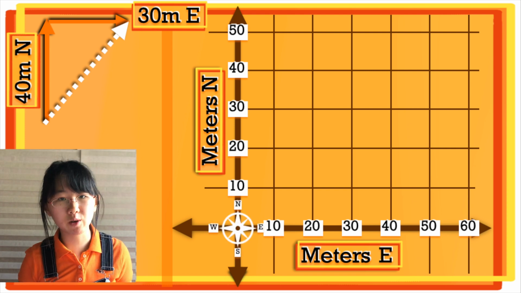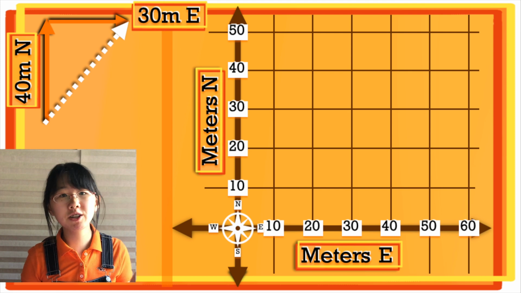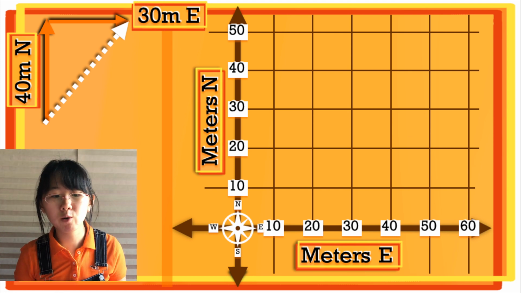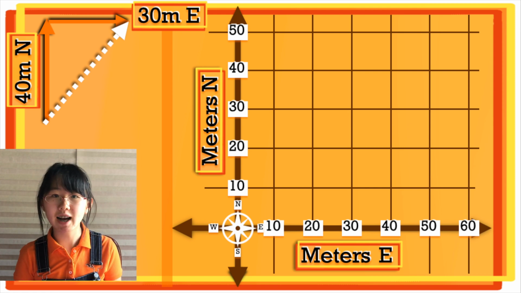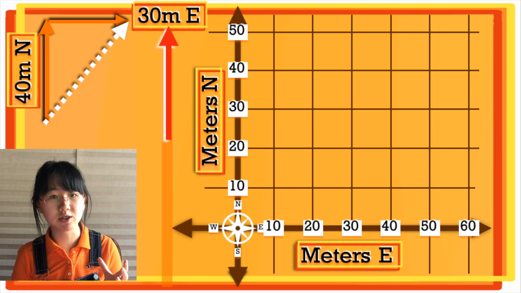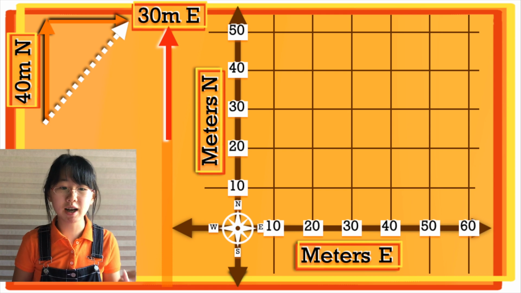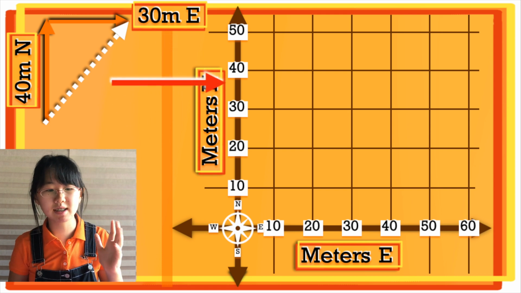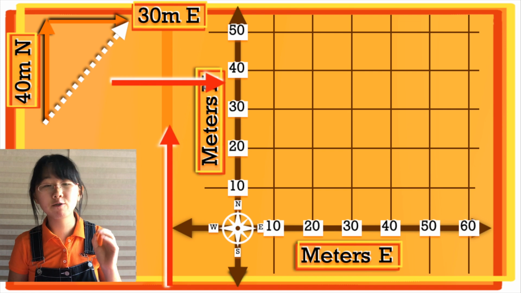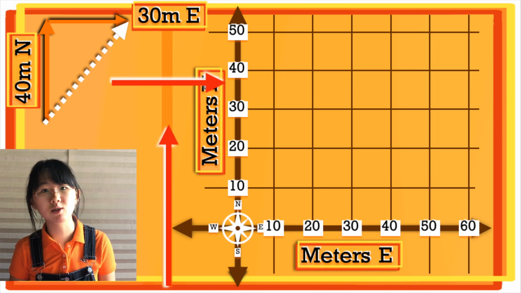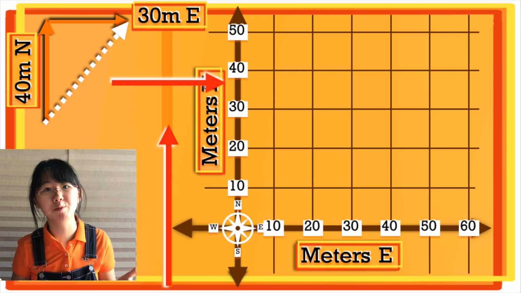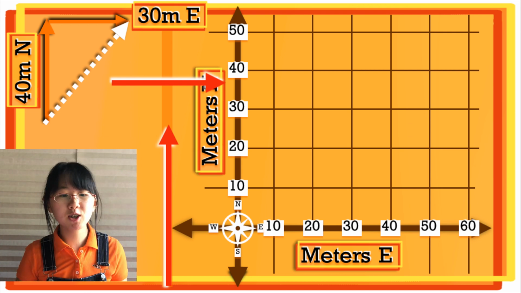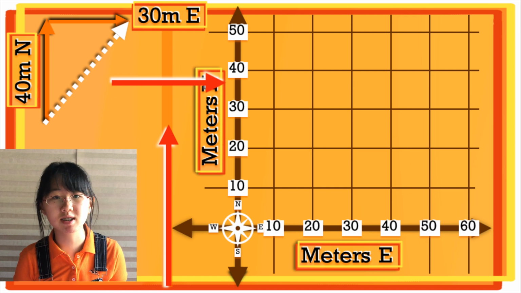So that's 40 meters north and 30 meters east. 40 and 30 meters are the magnitudes, and north and east are the directions. Because both vectors are in cardinal directions, which are our axes, we know that our 30-meter vector, which is 30 units long to represent its magnitude, will be 0 degrees from the x-axis, or exactly east, and our 40-meter vector, which is 40 units long for its magnitude, is at 90 degrees from the x-axis, or 0 degrees from the y-axis, or due north.